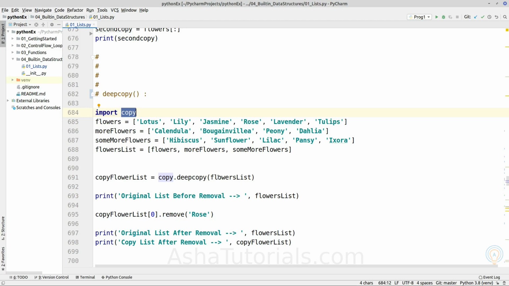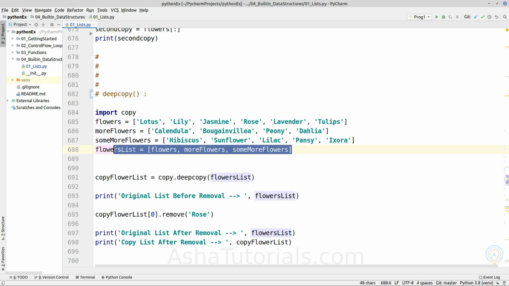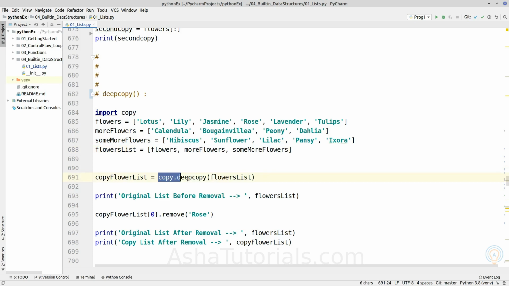It will create a deep copy of the given iterable. So the same list of lists containing 3 lists inside a single list of flowers, and if we are creating a deep copy, it will create a copy of each individual list inside the given list. So modifying the copy of a given original list does not affect the original list.